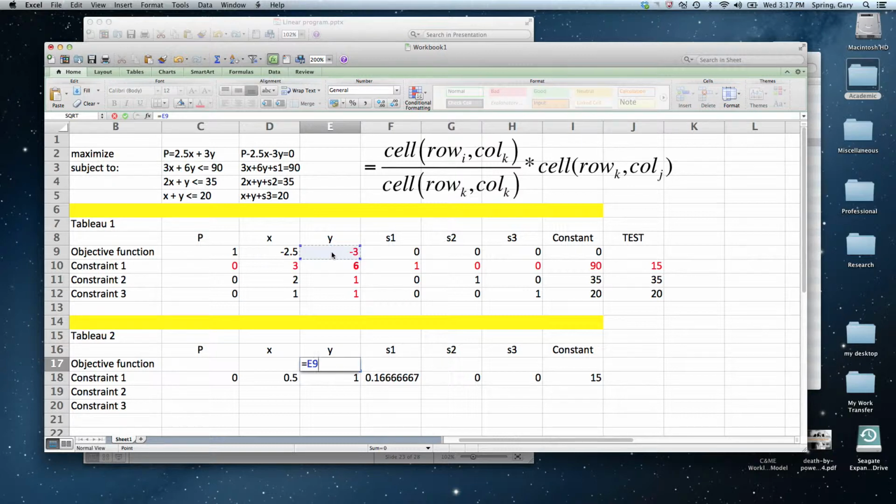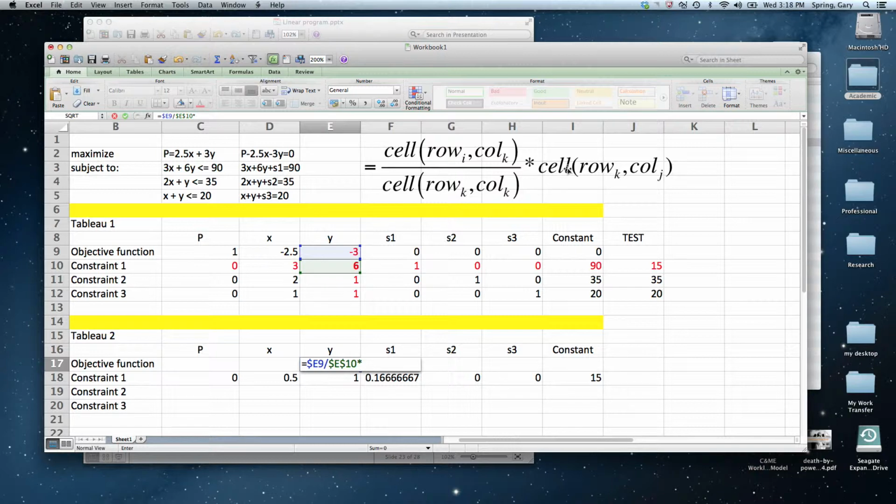But because this is fixed, I'm going to fix the column. And I'm going to divide that by the key value, which is fixed, both row and column, times